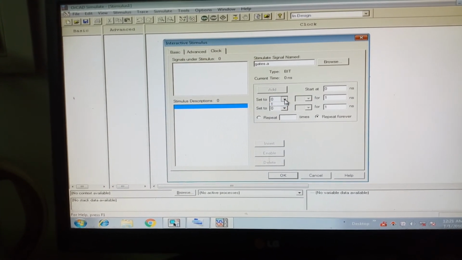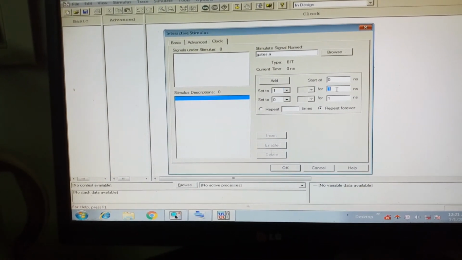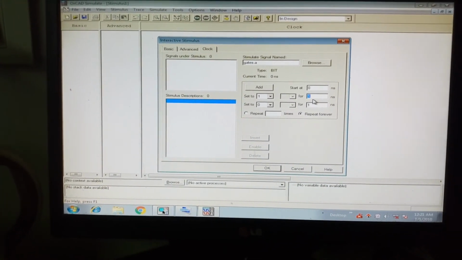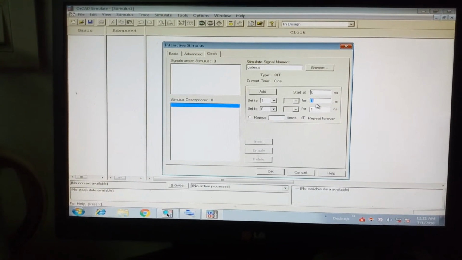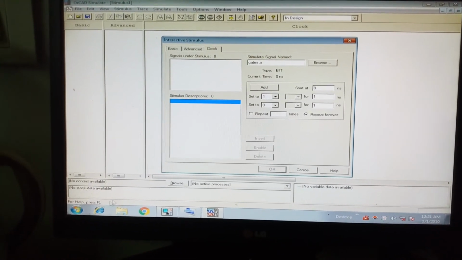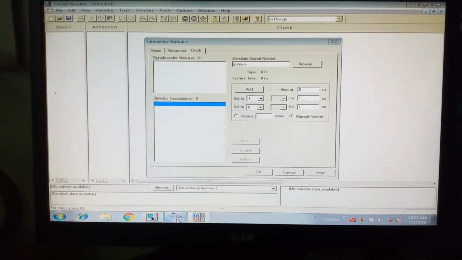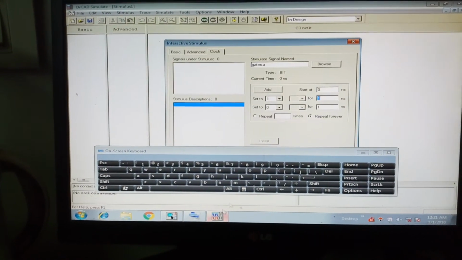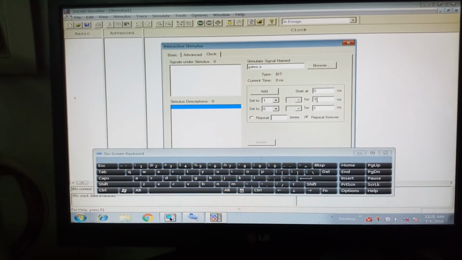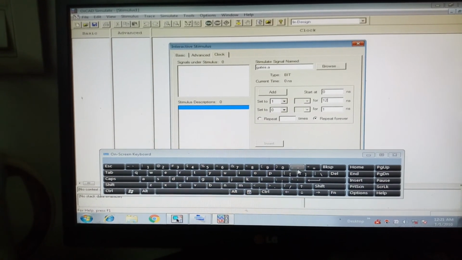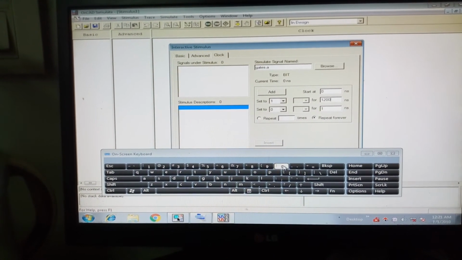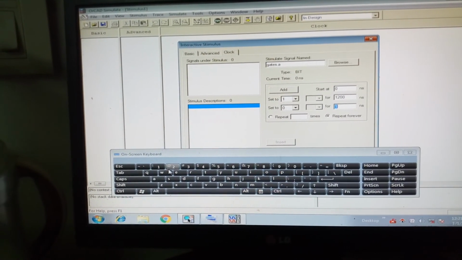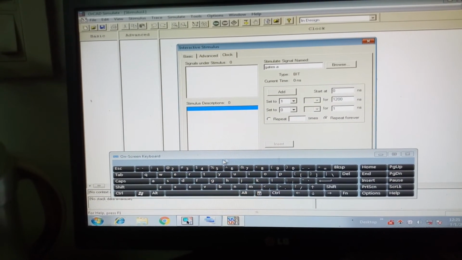Suppose I am giving input 1, then I will choose the pulse duration. I will use the keyboard here. It is at 1200 nanoseconds, and I will remove it at 1300 nanoseconds.